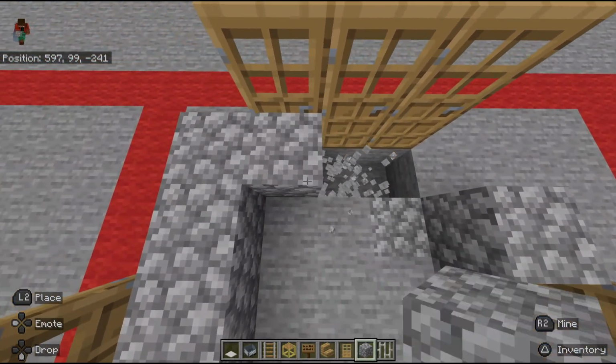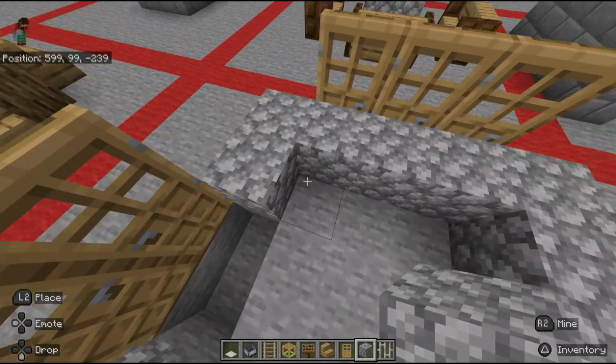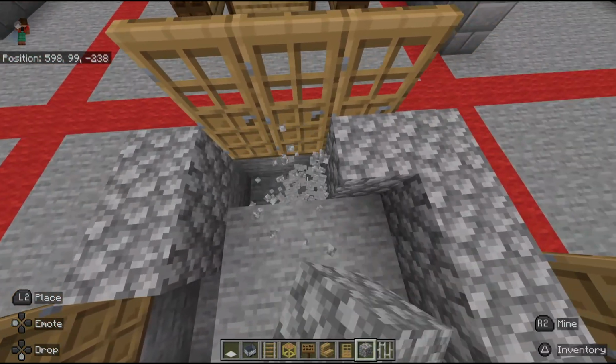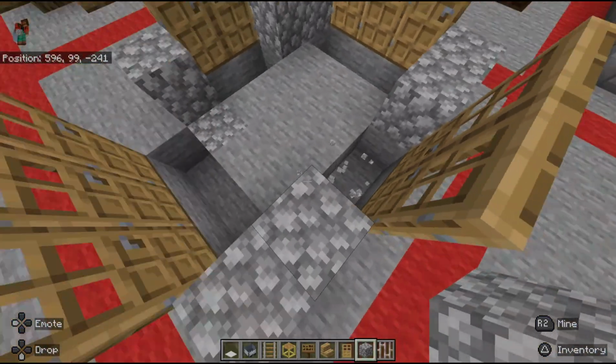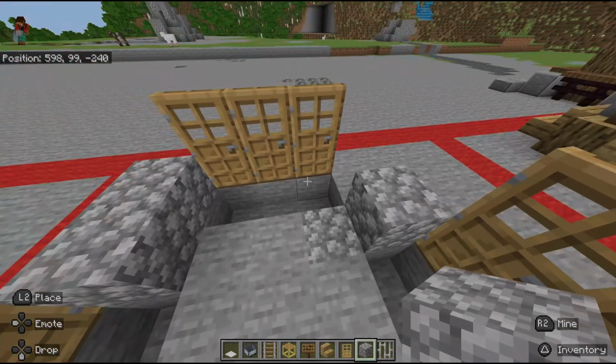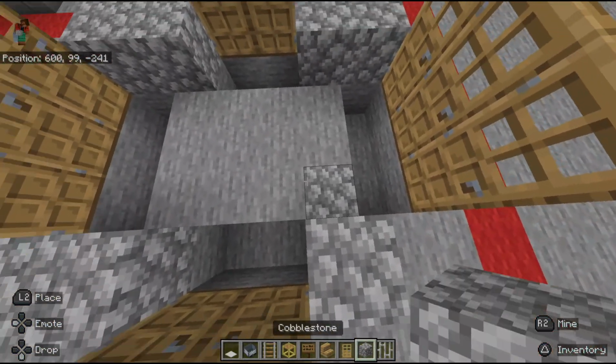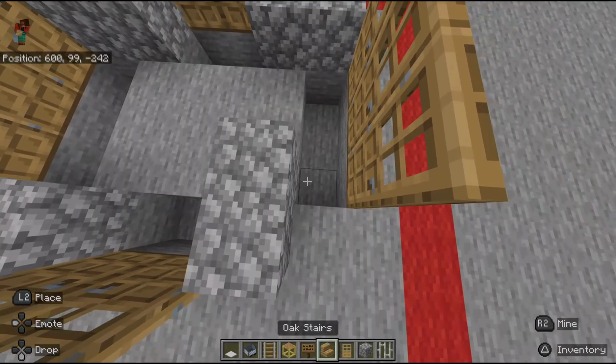Break out these blocks below the doors, because these empty spots are where the minecarts are going to go. And it's going to make it to where you're able to sit in them. So to be able to put a minecart in these,